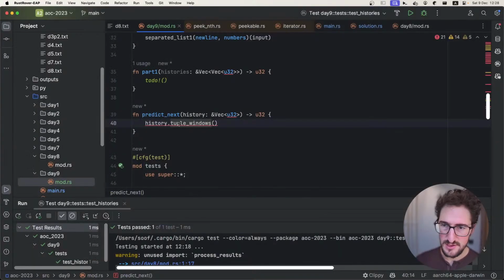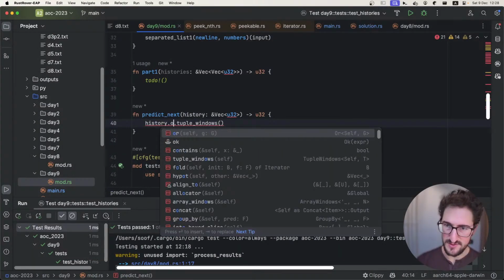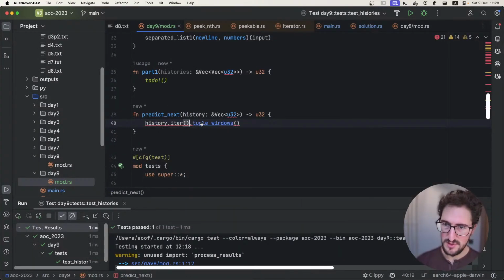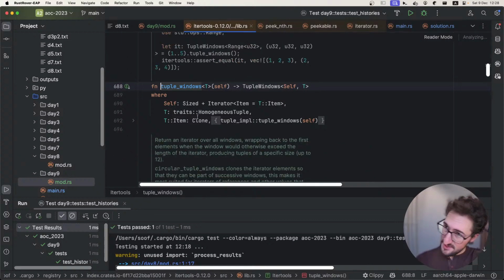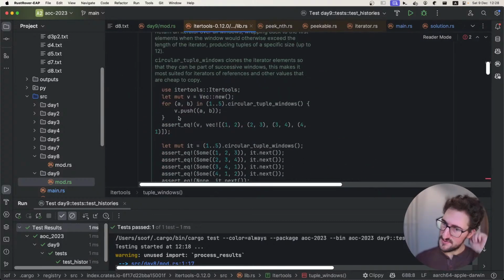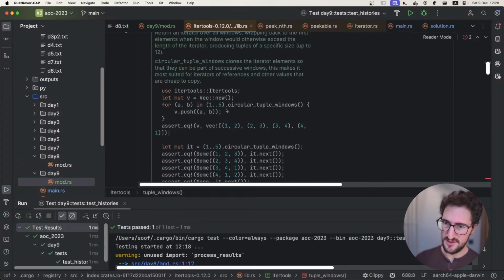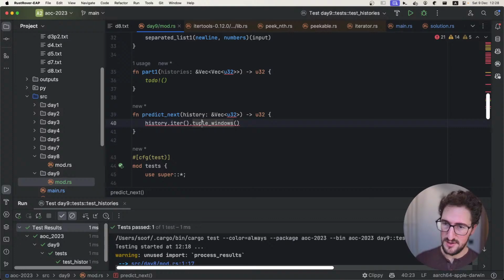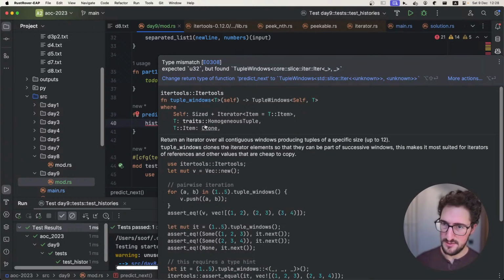On any iterable. Okay, so it is recognized. So we've got tuple windows, which gives us circular tuple windows. Interesting. Not sure what circular means here, but anyhow,